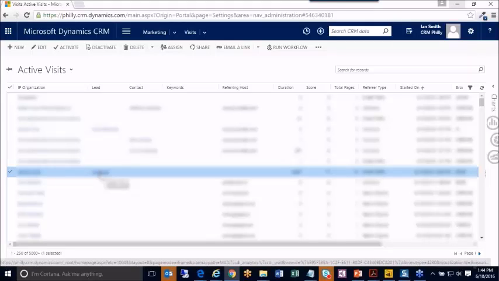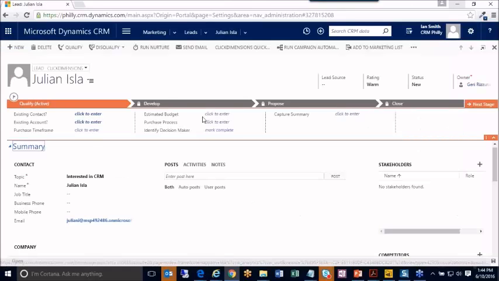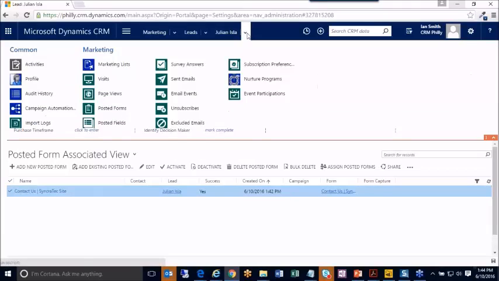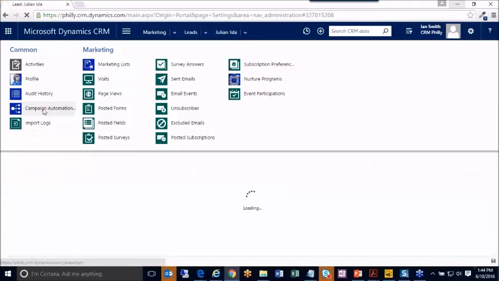So now that we have Julian on our radar, he submitted a form. I can see posted forms. You can see that he's posted a form. I can also see any other activity that's been associated with him. For example,